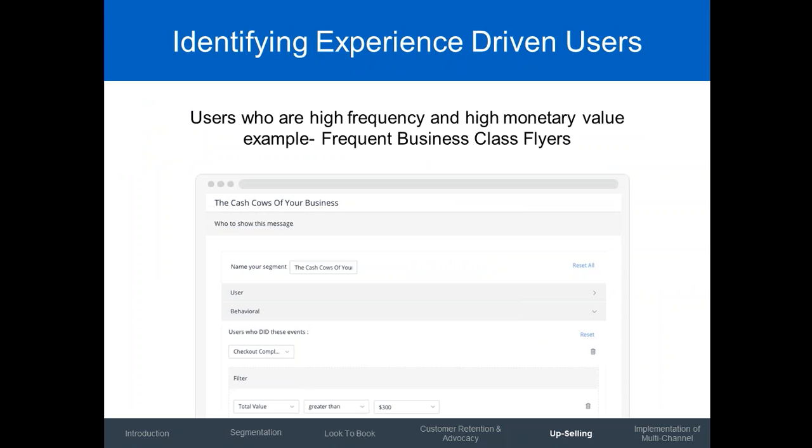So for example, in the first one, the experience-driven user who has high frequency and high monetary value, someone like a business class traveler, you need to identify. And this next slide, which I'll just bring up,